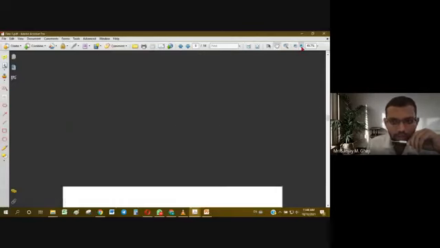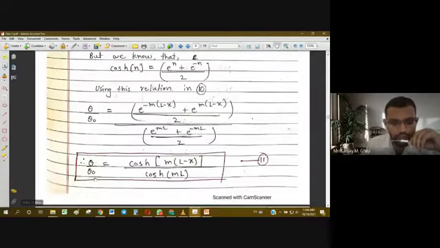This is going to be very important. This formula you have to well understand as well as remember, and use it whenever it is required for problem solving. So when there is a problem of an insulated fin with insulated tip, you have to use this formula of temperature distribution to find the required temperature at a given length or at a required location. So theta by theta 0 is equal to cos hyperbolic m (l minus x) upon cos hyperbolic m l. This is the form of this equation for temperature.